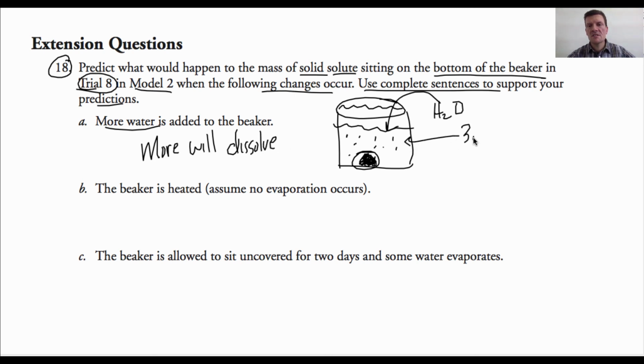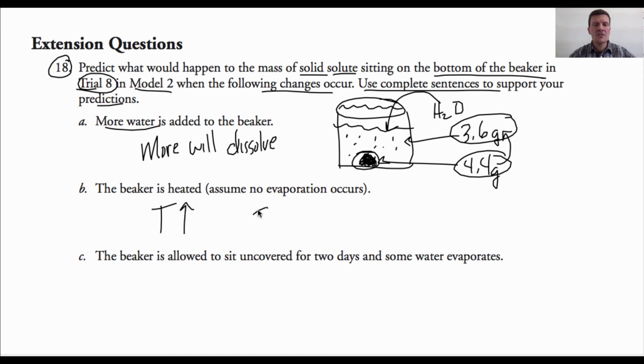Remember we had 3.6 grams here that were dissolved and the 4.4 that did not dissolve. You're going to see some of these being dissolved, and this number 3.6 is going to increase, the 4.4 is going to decrease. If the beaker is heated, if the temperature goes up, the solubility,